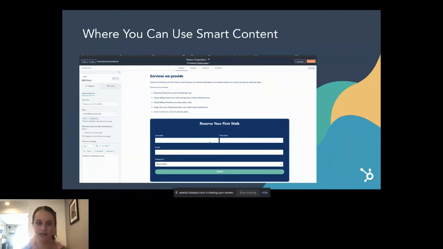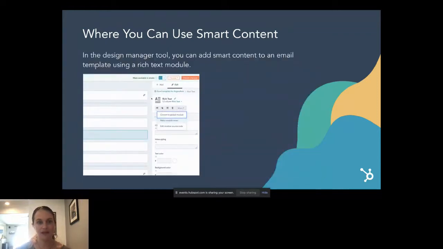So if someone hasn't purchased before, they could reserve their first walk with you. Or if someone has purchased in the past, they could book another walk. If they're just considering buying a dog and considering that they might need dog walking services for that, if you have a list for it or know they may have that information, you could customize this form based on that.